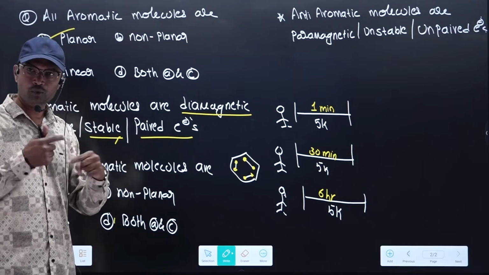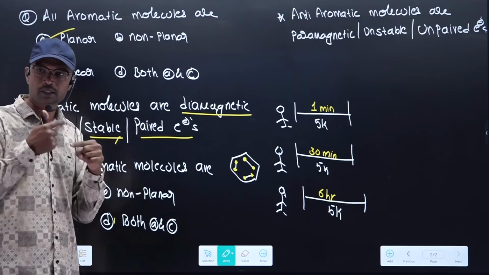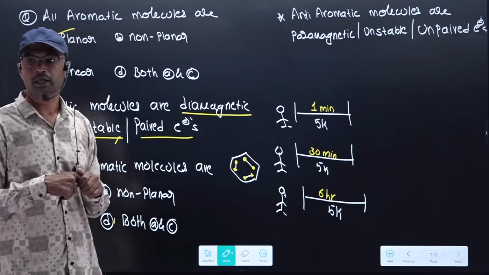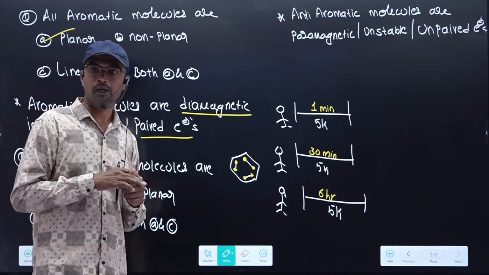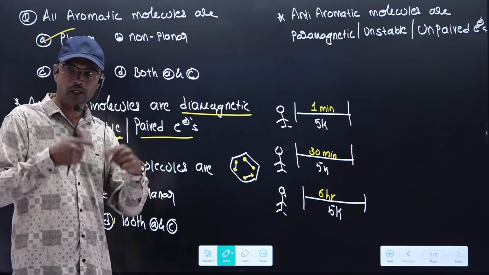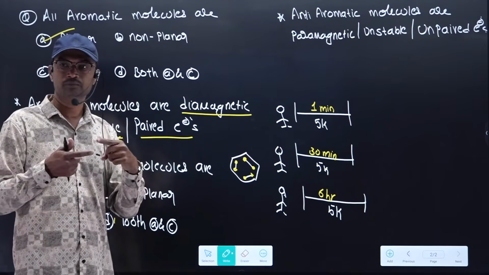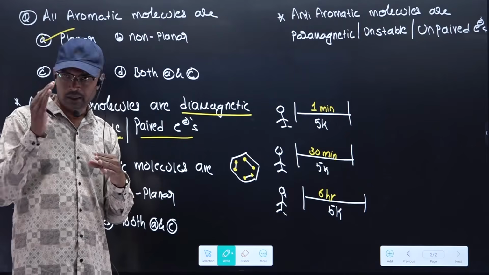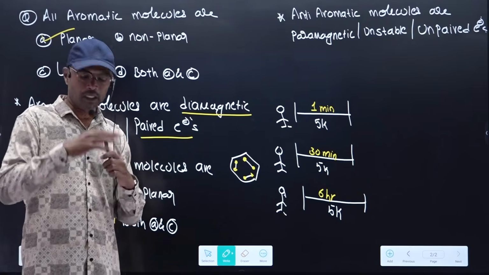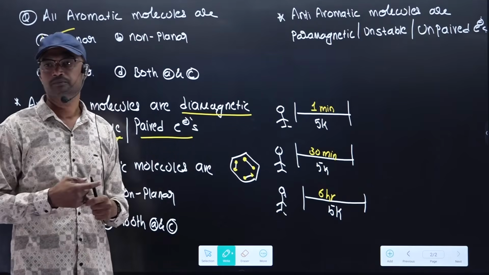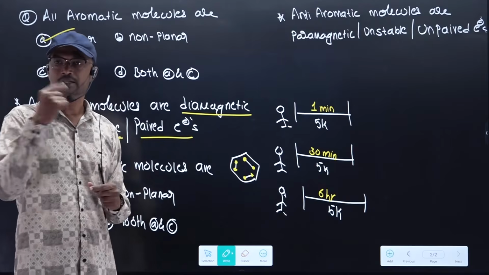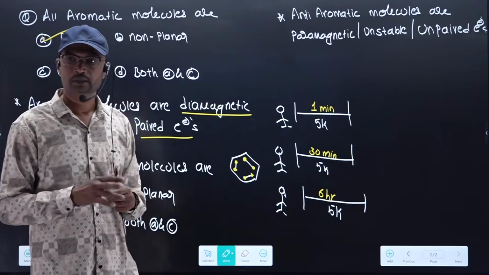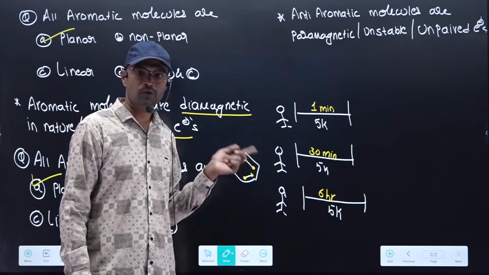If you do one particular work continuously, you need some rest or not? Because you are attaining stability, you are losing energy. But anti-aromatic molecules are not like that. If they do any work, speed increases. Speed increases means energy is not going outside. Energy is taken by the molecule only. Delocalization increases energy. When you run, your energy loses. That is aromatic. When you run, if your energy increases, then